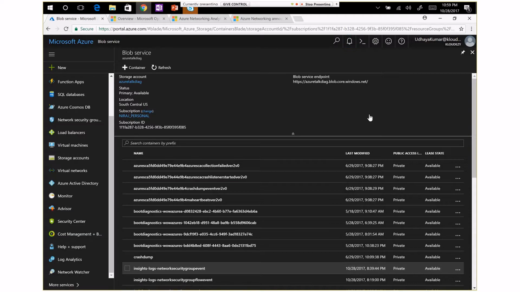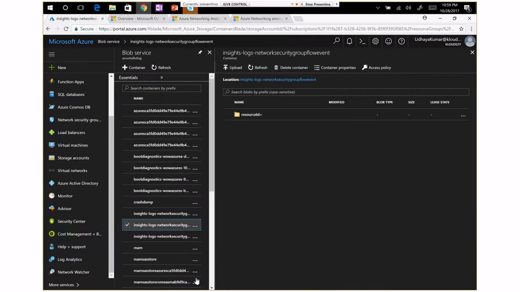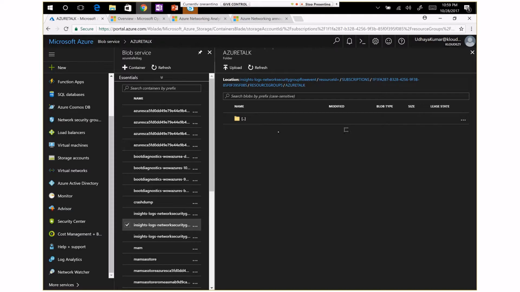This is my storage account, Azure Stock Diag, and it has a container named insights-logs-networksecuritygroupflowevent. This container gets created automatically, and inside that container I see multiple folders: subscription, resource group, Azure Talk, provider, Microsoft security.